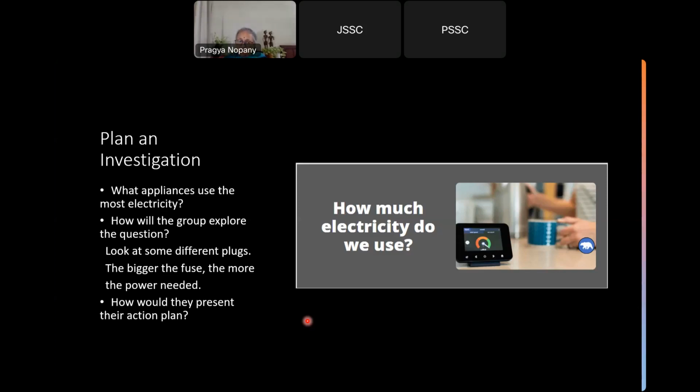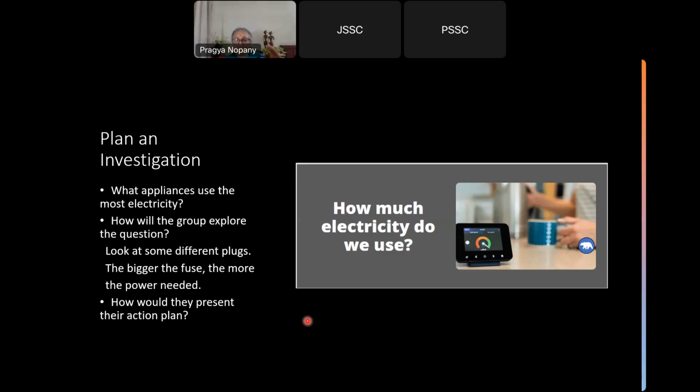Now, you see, when you ask them to present their action plan, you're asking them to communicate effectively. So here you are also nurturing their communication competency, because thinking about an exploration or a plan is different, and how to present the plan to others is different. Because when you want to present it to other people, you need to support what you're saying with some convincing argument. So, what is the logic in your presentation of your action plan?